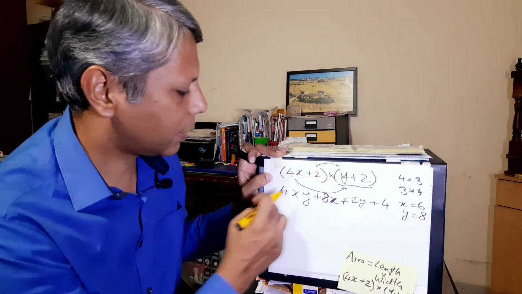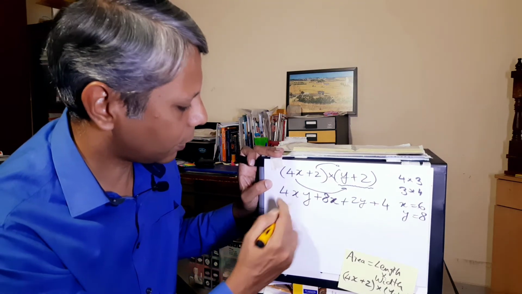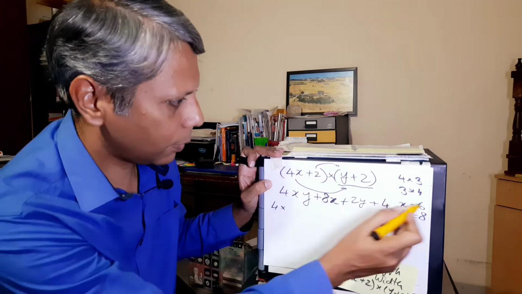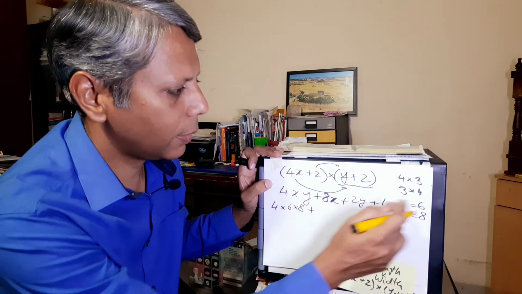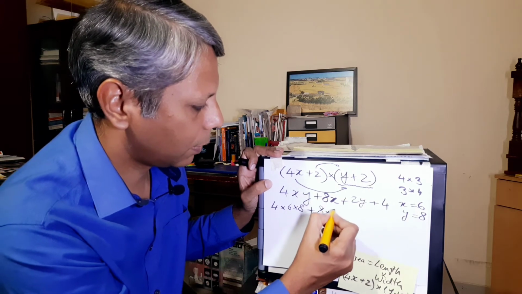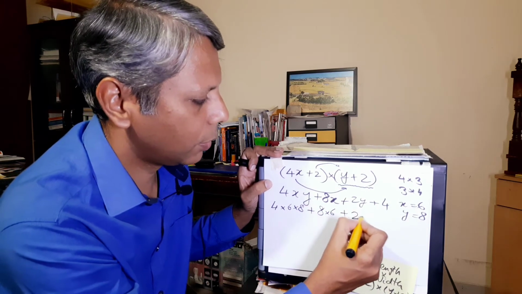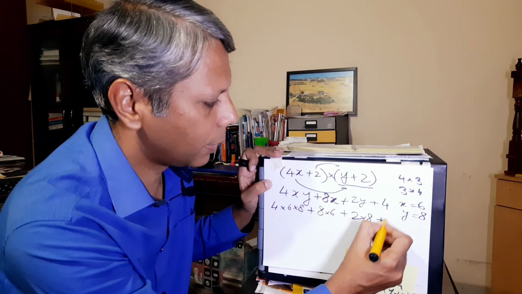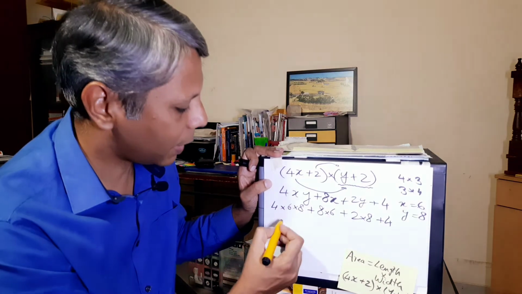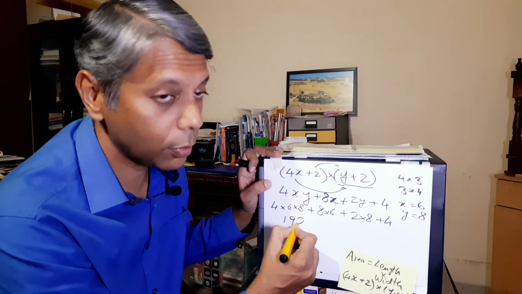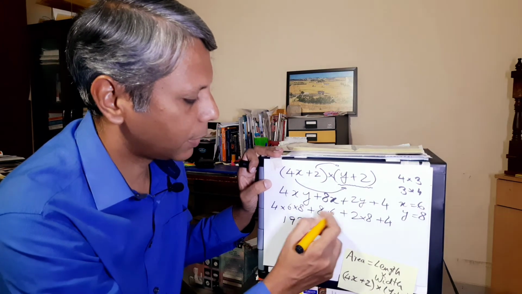But let's say we do this. So it is 4 into 6 into 8 plus 8 into 6 plus 2 into 8 plus 4. So 4 into 6 is 24, 24 into 8 is 192, you can work that out, plus 8 into 6